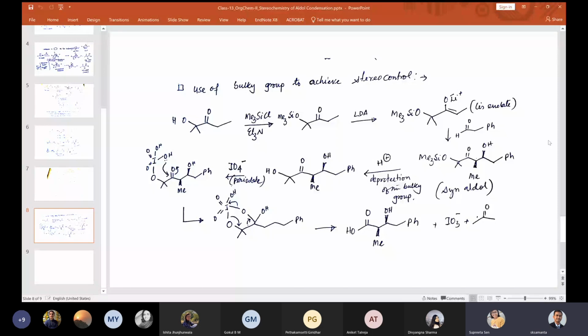Yeah, basically you need to take a strong base. That is the idea. LDA we give because LDA is a bit well known. If you are thinking about doing the reaction in the laboratory, then we have to think which base is exactly working. But when we are giving it for academic purpose, the idea is more important. So here the idea is we use a base which is very strong, which would be able to pick up the proton. In this particular case, probably LDA is more suitable, and that is why they have taken it. Okay, thank you.